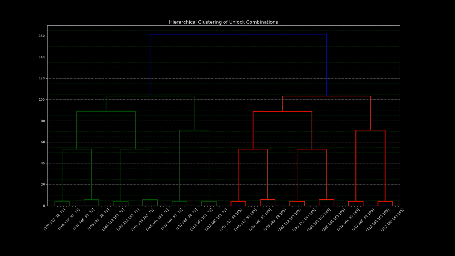To use a manageable number of RBFs, we will need to cluster the unlocking combinations. We have used hierarchical clustering where we can easily cluster according to our requirement of number of clusters. This is the dendrogram drawn by the clustering algorithm. To get, for example, 4 clusters, we set a threshold around 95 and choose the clusters below that. To increase the number of clusters, say to 12, we simply decrease the threshold level to 40.